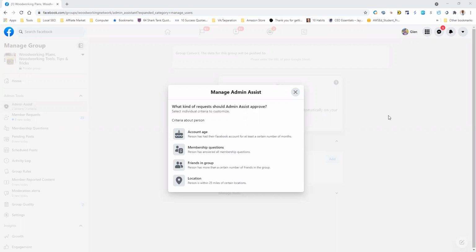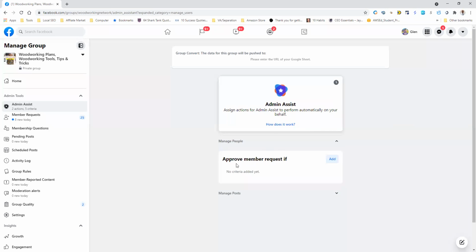All right. So once again, another Facebook update within Facebook groups. They just added some new things, and then I started looking around, and I saw that they added some more. So I'm here to give you another Facebook group update on things that they added. Basically, what they added was another feature to the admin assist, and this is where it approves members